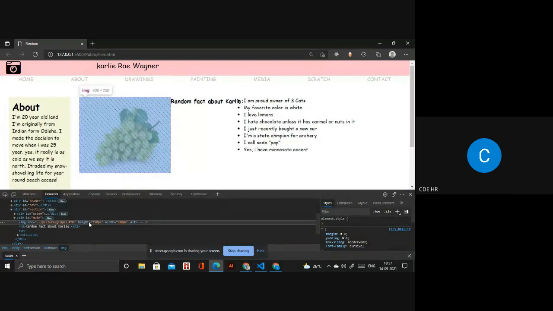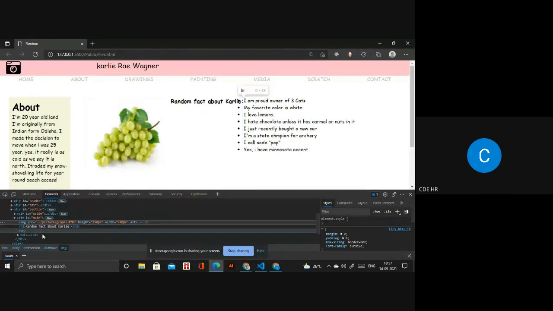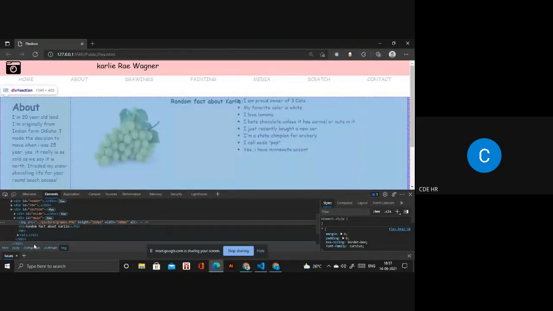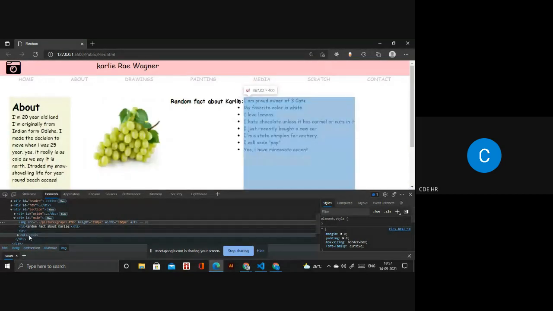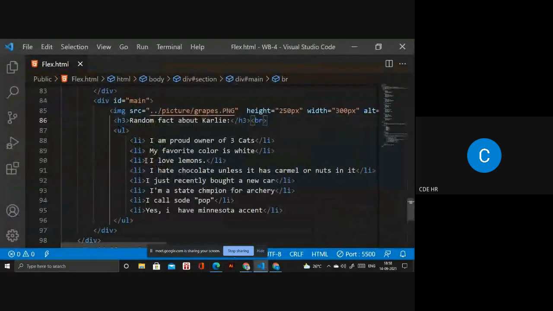This is the picture we have, and this is the content. And this content will be in that. Okay, we need to give a particular div inside that, and put it in one column, so it will look good. So wait, I will check.